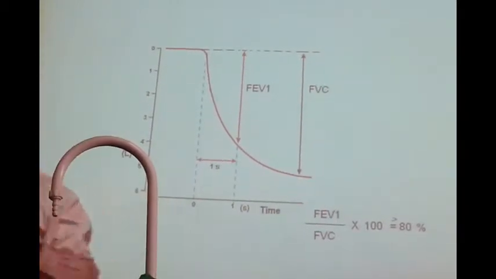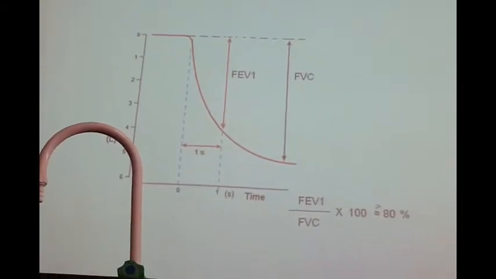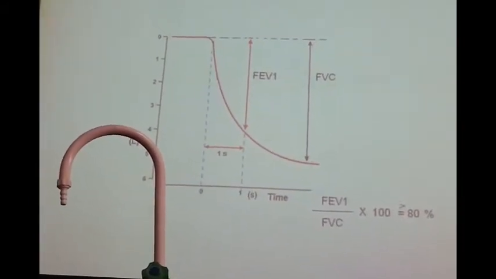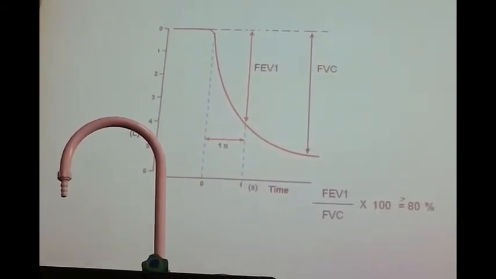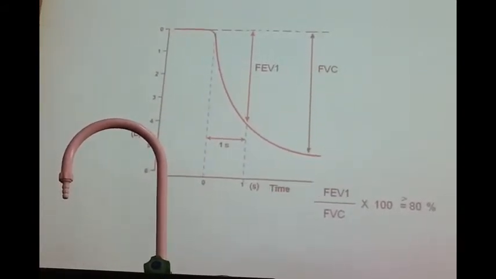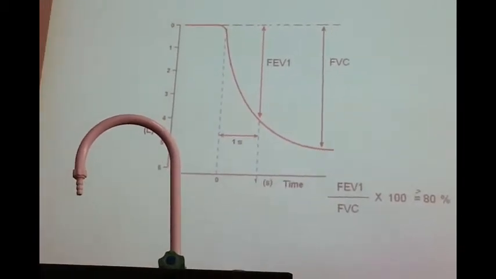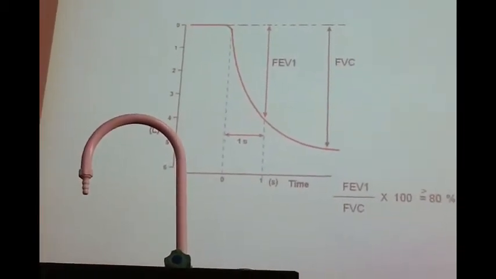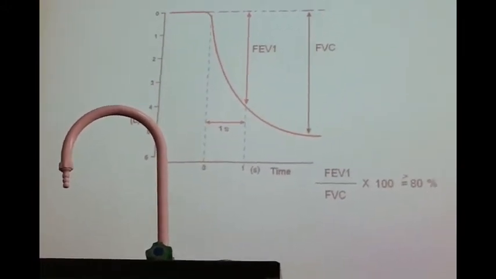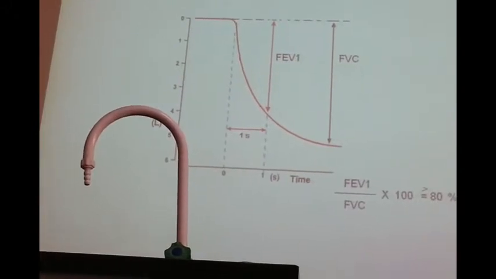Now, why do we want to know this? You know that there are certain respiratory diseases, respiratory disorders, which are classifiable. We can differentiate them like obstructive and restrictive disorders. What is the difference between obstructive and restrictive? Asthma, for example. What is asthma? Is it restrictive or obstructive? Obstructive. It is obstructive. Very correct.